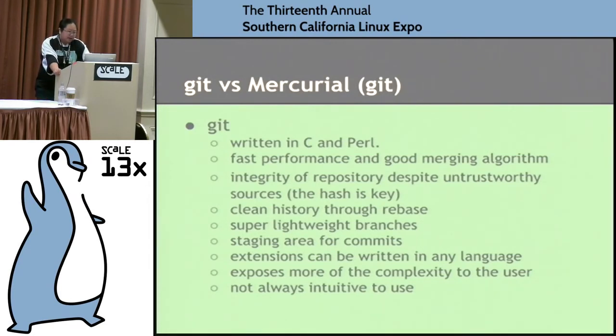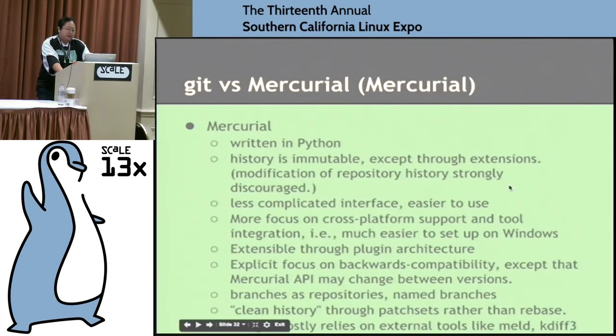So the thing about Git that sometimes people don't like, or sometimes people like, is that it really does expose a lot of the plumbing to use. If you want to do something advanced, you have the power to do it. And consequently, it's not always the most user-friendly tool out there. So just remember all these things that I said when I get to Mercurial. Mercurial was written in Python.